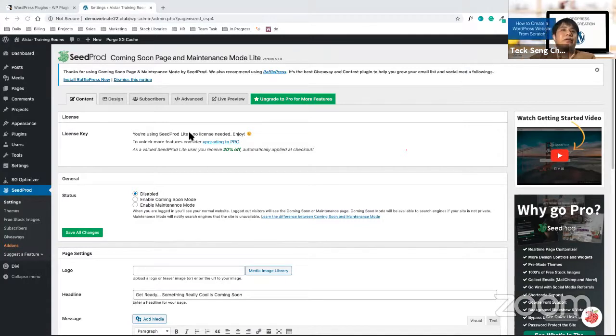Okay, now take a look at my screen. What I'm going to do is not going to be fixed. That means you don't need to learn these settings because the settings are usually different throughout different plugins. So if you take a look here, this is the settings for this plugin itself. For this, it's very easy. You want to activate the coming soon mode. It's just over here, so you can click on this and then click on save changes. So we click enable coming soon mode, then save all changes. That's it.